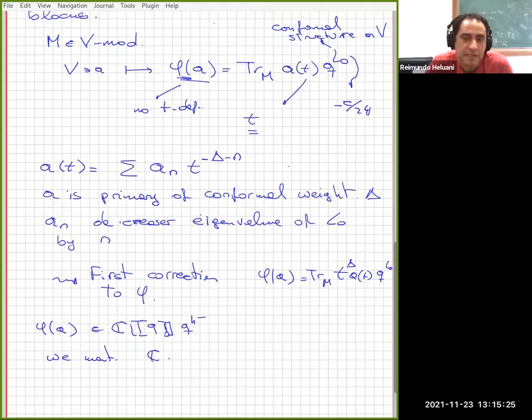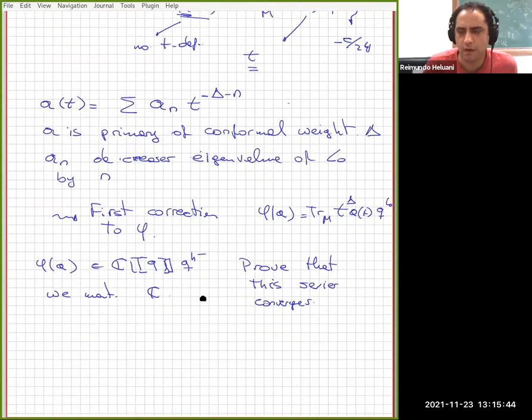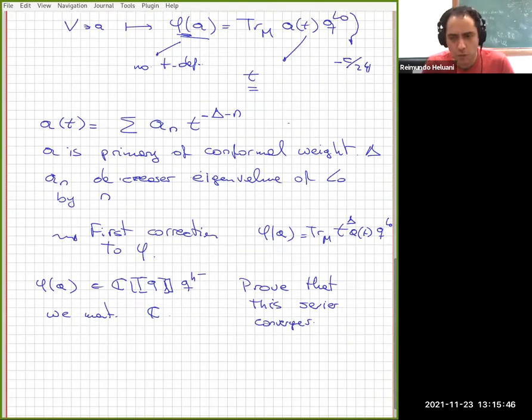And this is where the problem lies: proof that this series is convergent. So that's hard, that's not trivial. Prove that this series converges. Okay. But even if you do prove that this series converges, I would want to prove that it is a